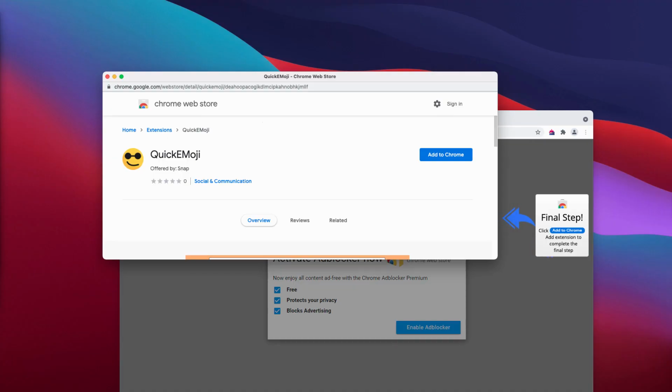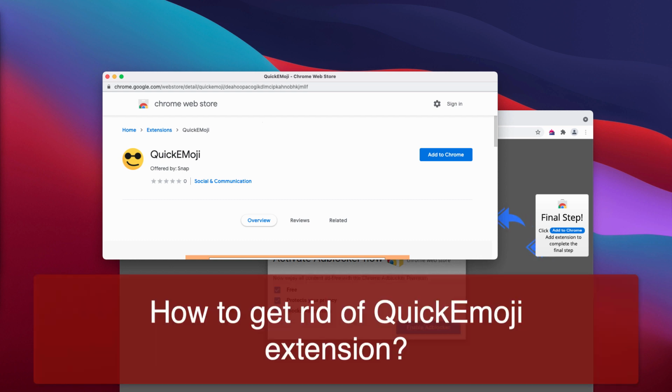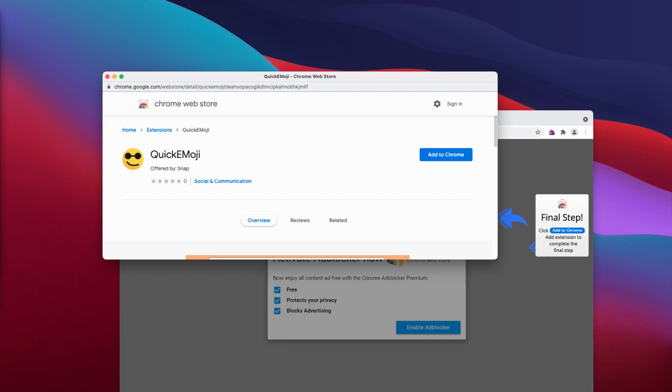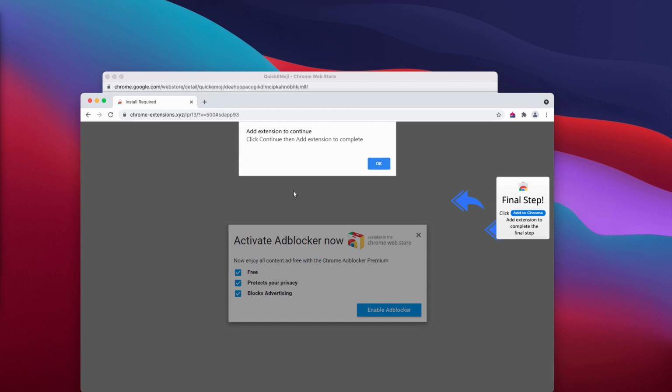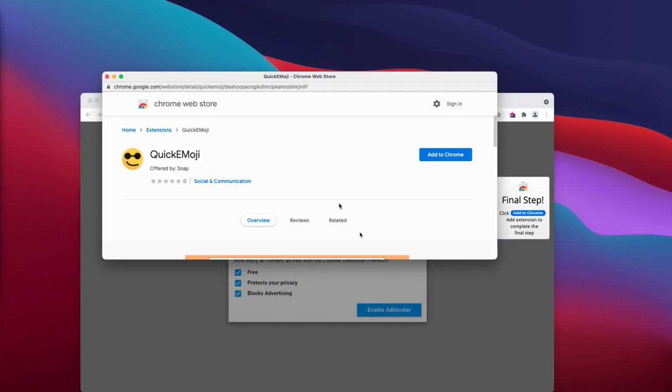Ladies and gentlemen, my video guide is dedicated to help you get rid of QuickEmoji, unwanted extension from Google Chrome browser. QuickEmoji extension is currently spread through fake alerts, instructing you to perform some installation of ad blocker. But in reality, this QuickEmoji is a typical browser hijacker because it changes the default search engine to something really